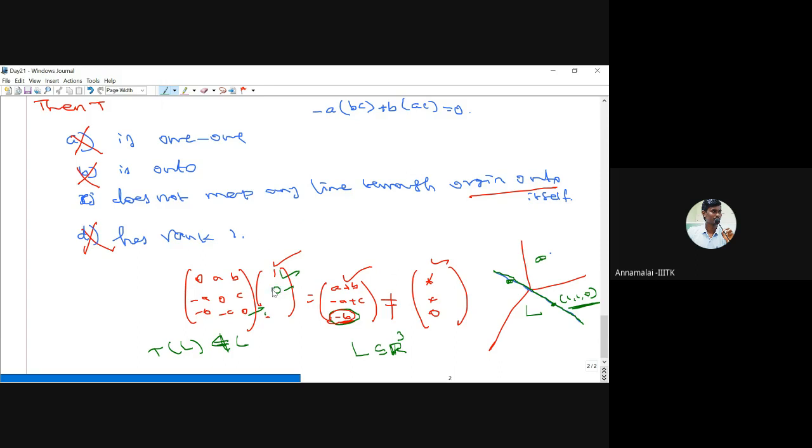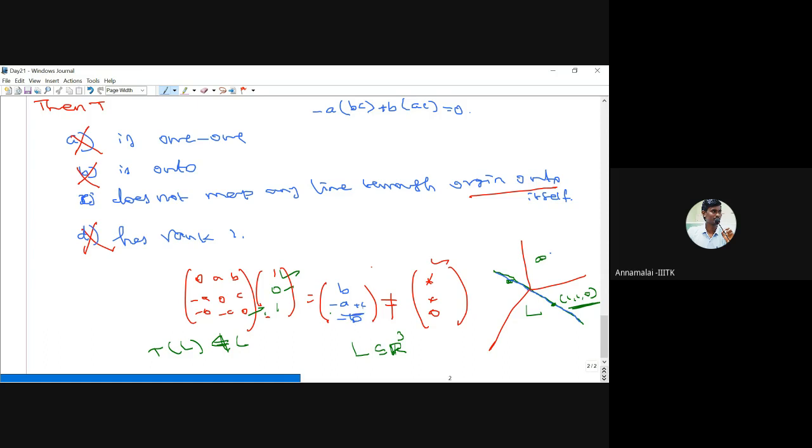So I am picking the second coordinate 0. Now, what is the product? We need the second coordinate of the product to be 0, but you will get the second coordinate non-zero. So what is the product? You will get 0, B, then minus A plus C, and then minus B. So you will get a non-zero number.